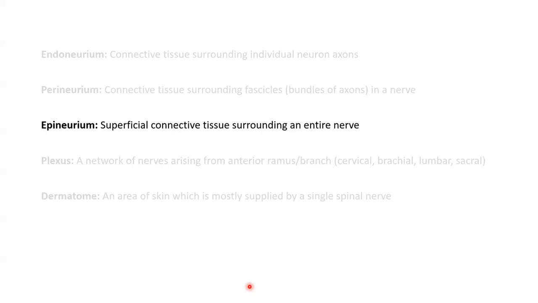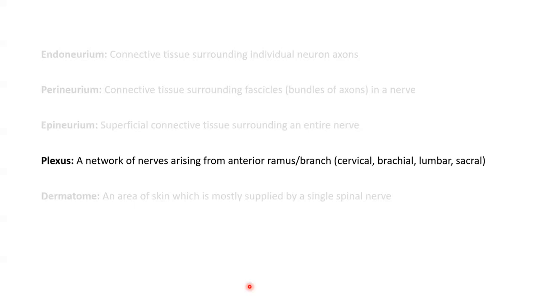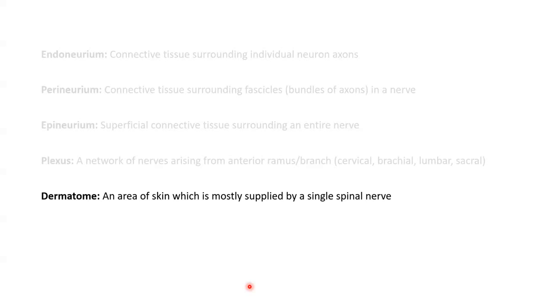The epineurium is a connective tissue that sits on top, surrounding the entire nerve. A plexus is a network of nerves arising from the anterior ramus or branch. Within the body, our major plexuses are our cervical, brachial, lumbar, and sacral plexuses. And lastly, a dermatome is an area of skin which is